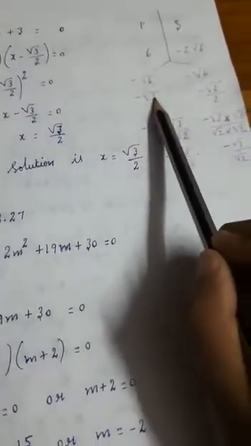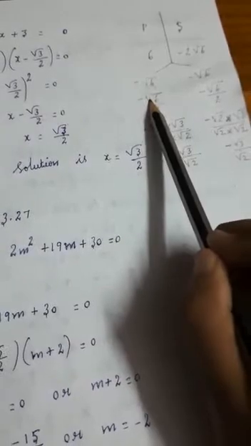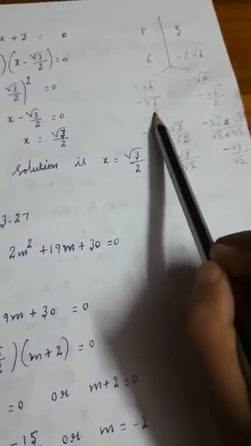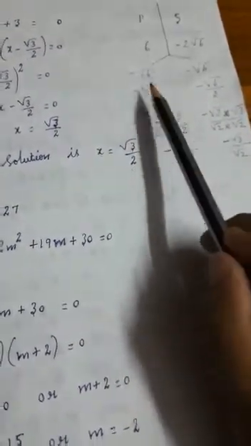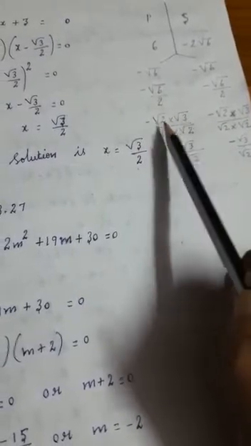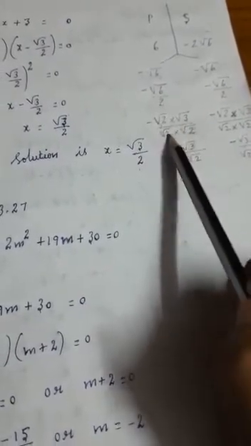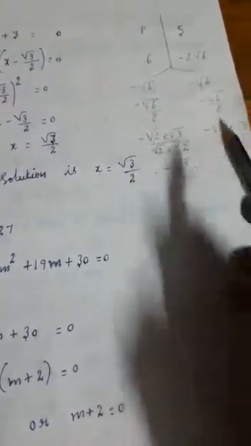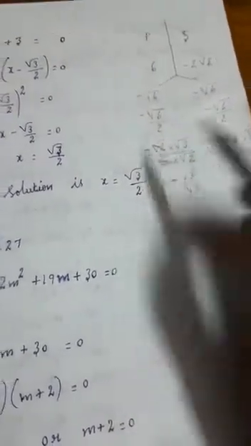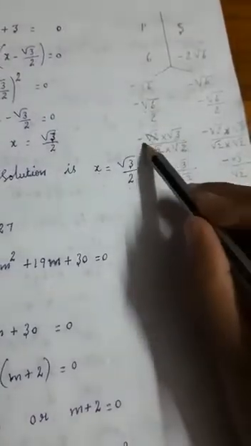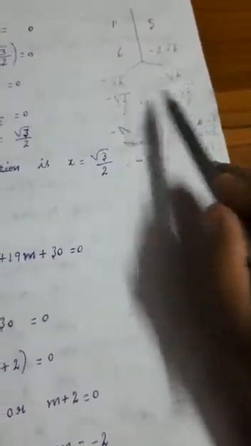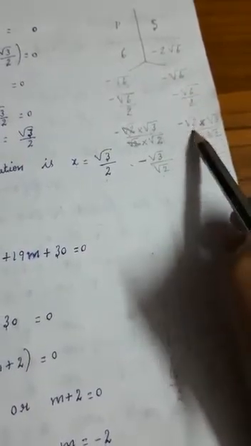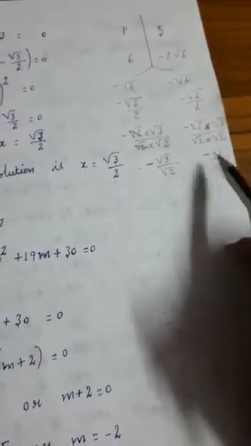Here, as these are irrational numbers, you also have to split and write them. So how can you write this root 6? Minus root 2 into root 3 divided by 2. And how can you write 2? Root 2 into root 2, can you write or not? Root 2 into root 2 is 2 only, then it is easy to cancel. Okay, root 2 you can cancel. What remains is minus root 3 by root 2. Here also the same steps come, because we are doing the same number. So if you divide, split, write and cancel, the same thing comes.